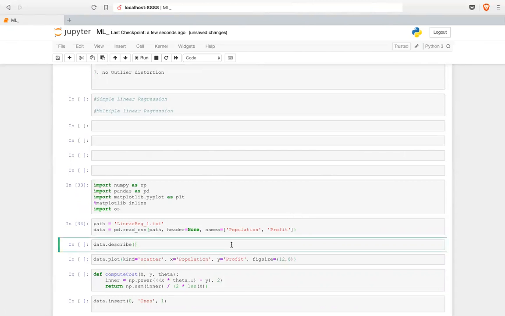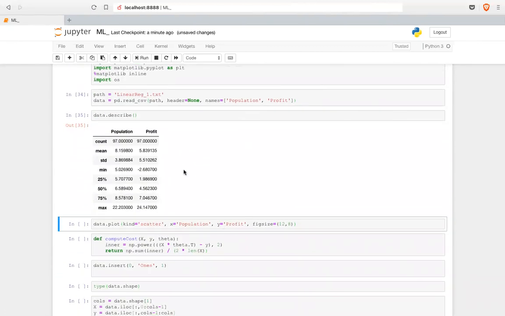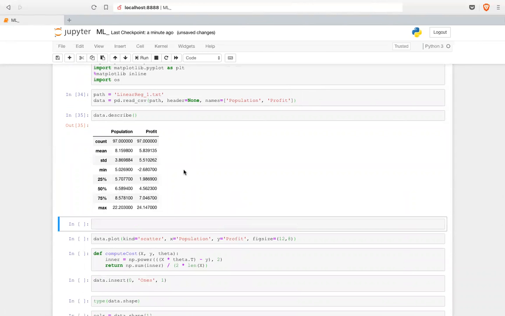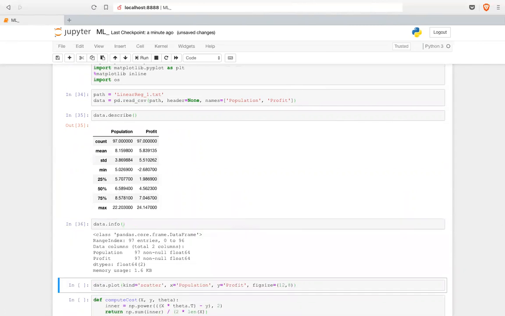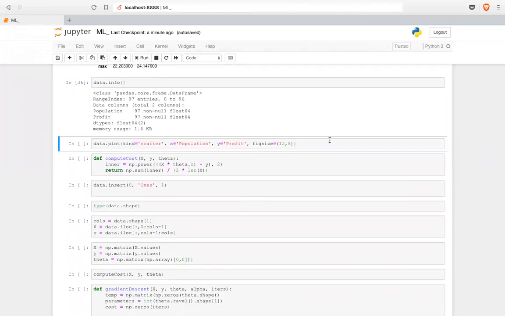loaded the data. So we'll have just a brief look at the data diagnostics. In this we are getting to know what's the population, what's the profit, and all of that. In this, we're getting to know what is the data type of each column, or what's the unique value, things like that. Okay. And in the next one, we'll look at